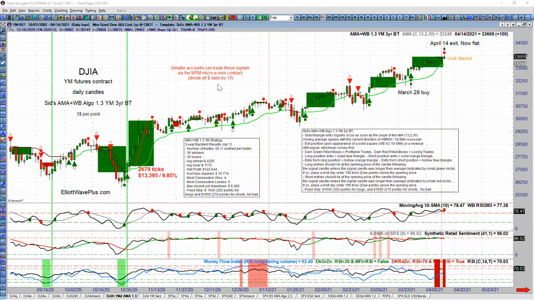Then you can step back and you can start trading these signals using the MYM contract, which each MYM micro E-mini contract is 1/10 the size of a regular YM contract. It doesn't mean you just need to trade one of those. You might trade 2, 3, 4, 5 of them, depending on your account size. So if this algo needed $15,000 in order to stay alive and put up all these profits, theoretically, over the last 3 years, if you started with an account of $1,500, you could trade these signals starting with one MYM